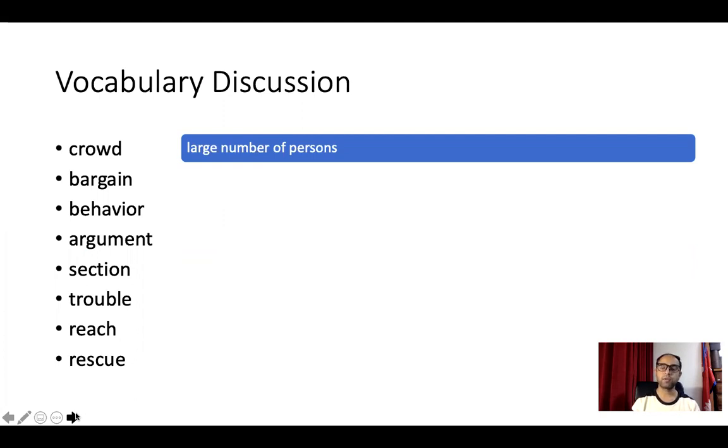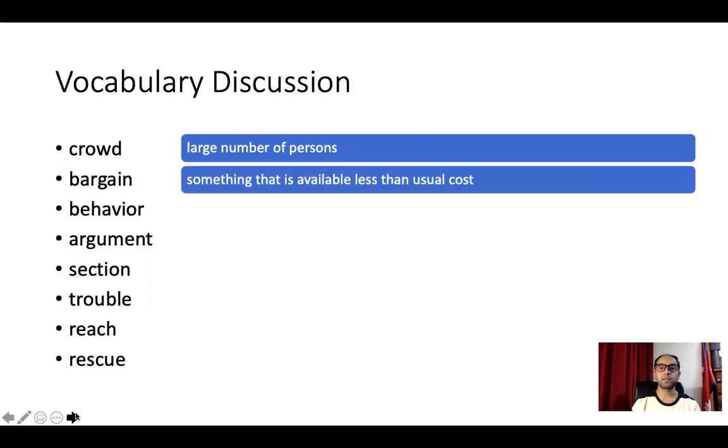Okay. Have you heard the word crowdfunding? Crowdfunding is many people collect small amounts of money and do some social work. That's crowdfunding. Next word is bargain. What's a bargain? Bargain is something that is available at less than usual cost. I don't see a lot of bargain stores in Japan, but in other countries they have so many bargain stores. Actually, in Japan also, if you go to shop during like Golden Week or New Year vacations, sometimes they do